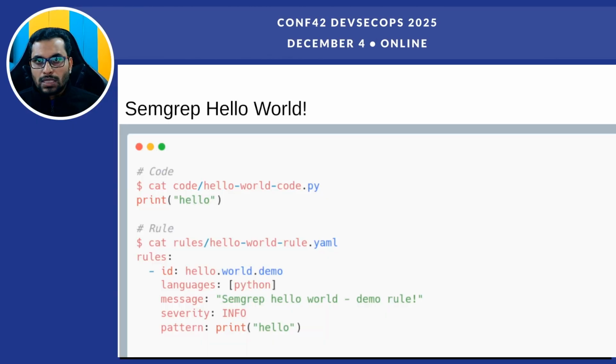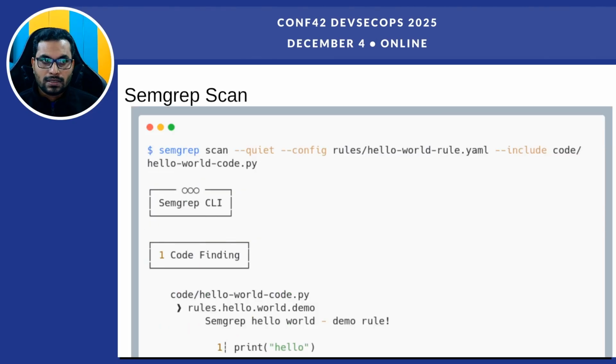So let's look at a hello world program in Semgrep. Our code here is a simple print hello. That's a simple Python one-liner. And the rule is essentially going to match it exactly for print hello, because we are looking for the pattern print hello in any Python program. And here we will get an exact match because the rule and the content of the file remain the same. Now we'll just run that rule using Semgrep CLI